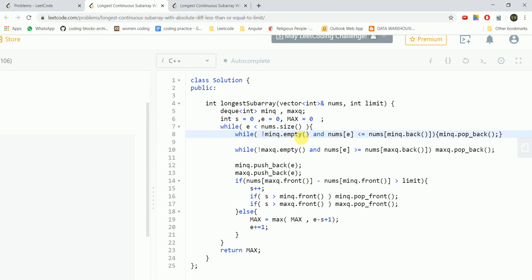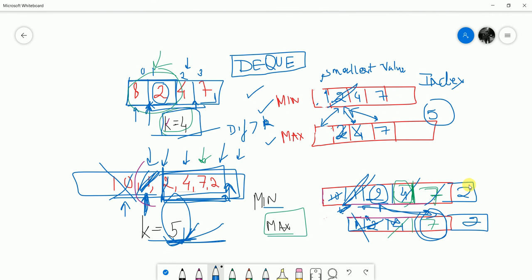Then what I'll be doing is, like I told you in this example, when we were inserting 2 in the minimum DQ, we will pop off all elements which are greater than the present element. Like we were about to insert 2, so since 7 was greater than 2, we popped it off. Then 4 was greater than 2, we popped it off.